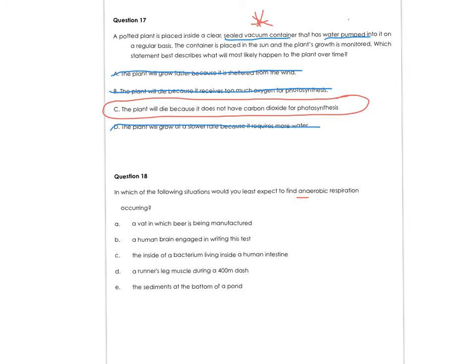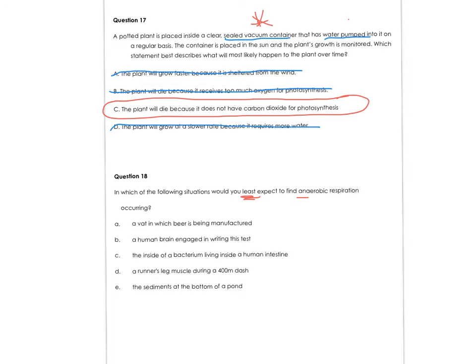All right, so a vat of beer is, and it says, in which of the following would you least expect to see anaerobic respiration? So where would you expect that something's not getting enough oxygen? Well, in a vat in which beer is being manufactured. Why would they mention that? Well, they're asking you, do you understand that alcohol fermentation is what yeast and bacteria do? We covered that in class. Remember, fermentation is anaerobic